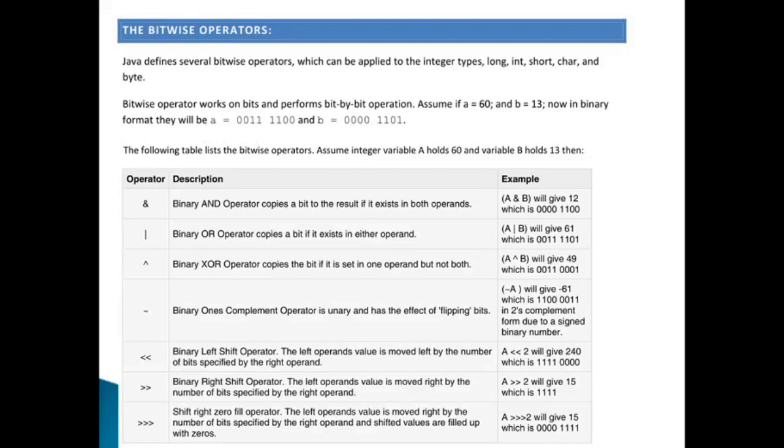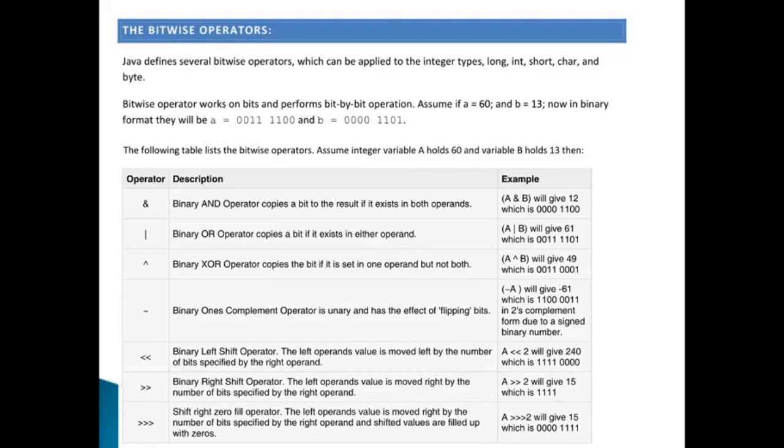Now there is another operator known as the binary XOR operator that copies the bit if it's set in one operand but not both. You might be knowing that suppose there are two bits 1 and 0, then 1 XOR 0 gives 1, 0 XOR 1 gives 1, but 1 XOR 1 gives 0, and 0 XOR 0 gives 0.